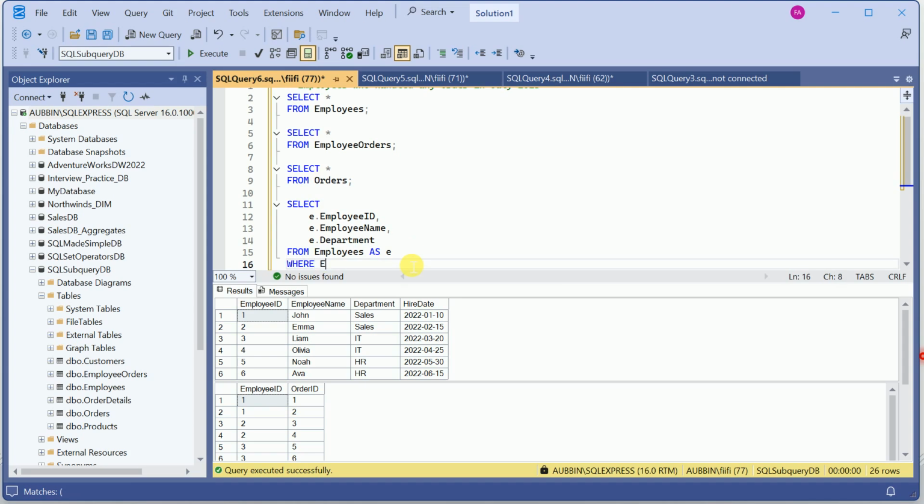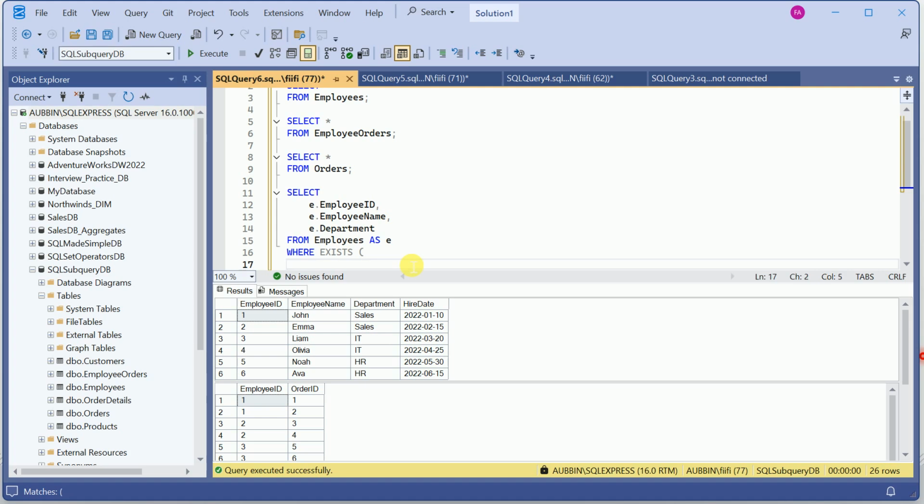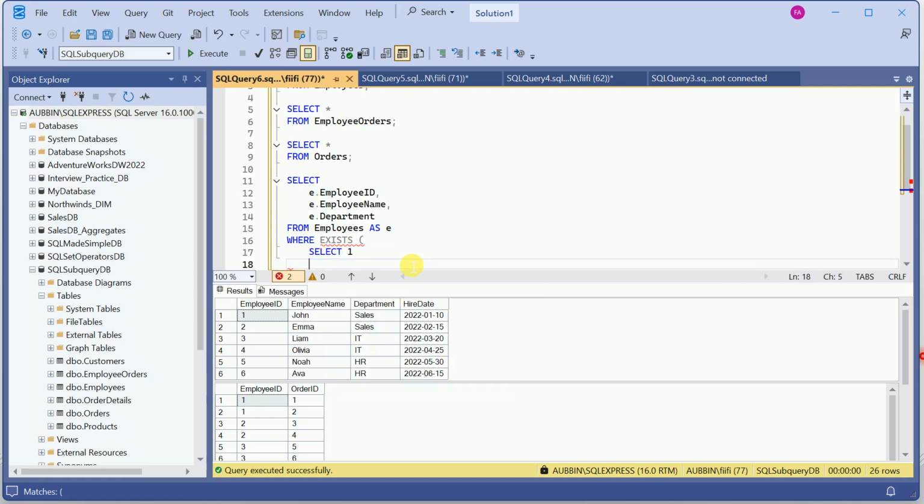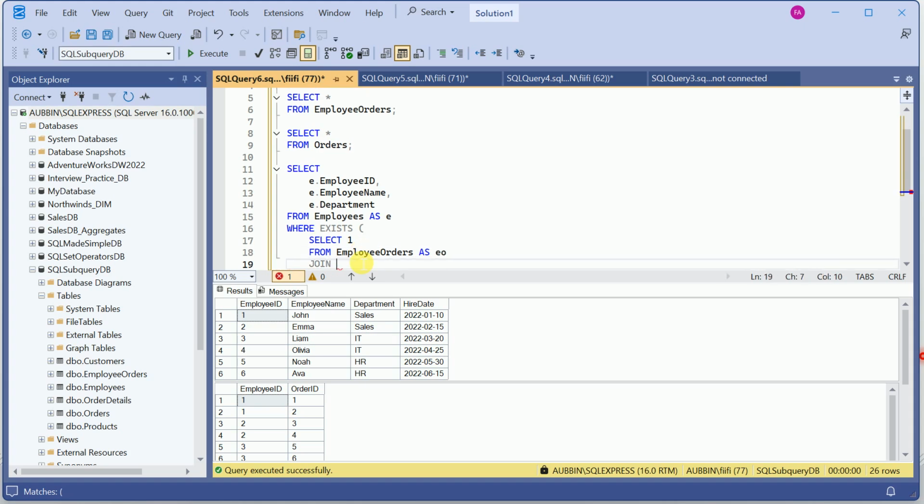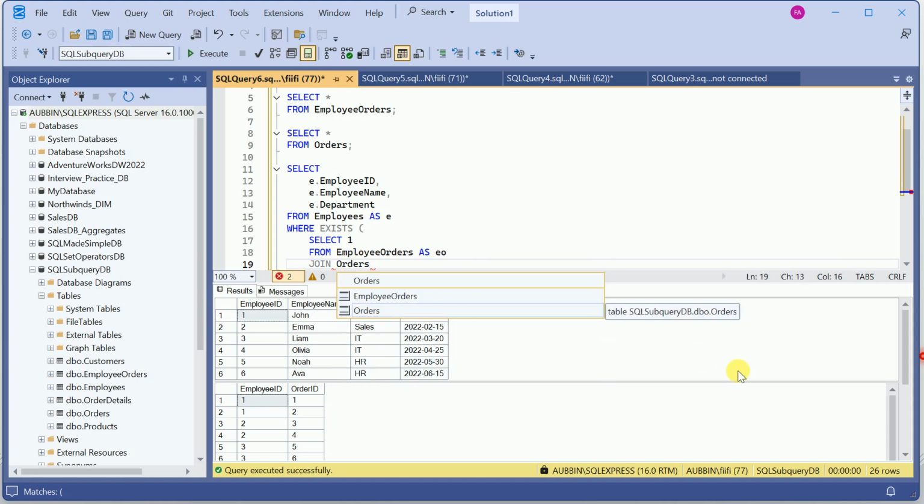Then where, if it exists, I want you to select any instance from the employee orders table as EO, and we join with our orders as O